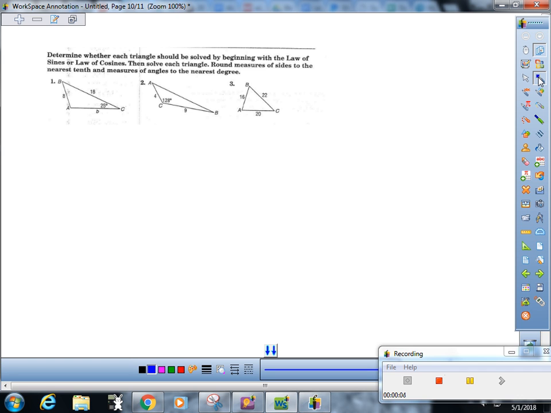Okay, this is number one from the back of the Law of Cosines worksheet. Number one is an ambiguous case. Why is it an ambiguous case? Because you have an A-S-S situation, and you have an acute angle for the A. So my first piece of advice is always to rewrite this triangle